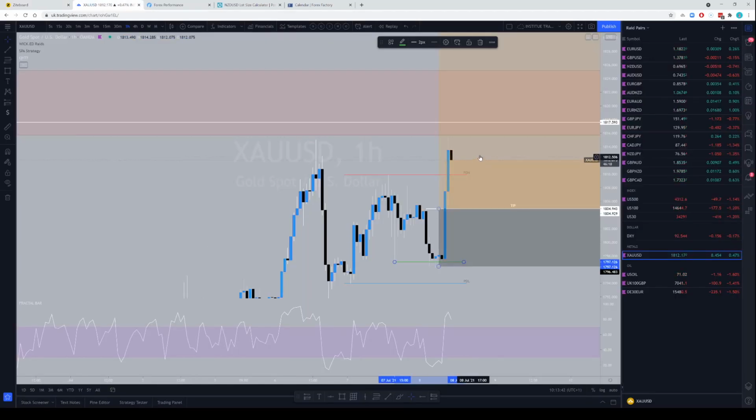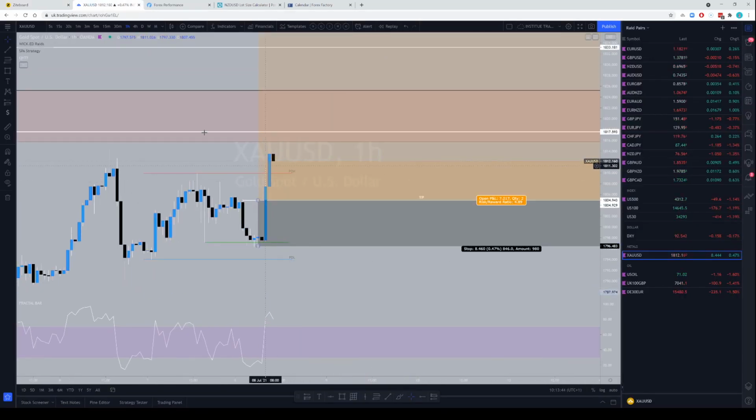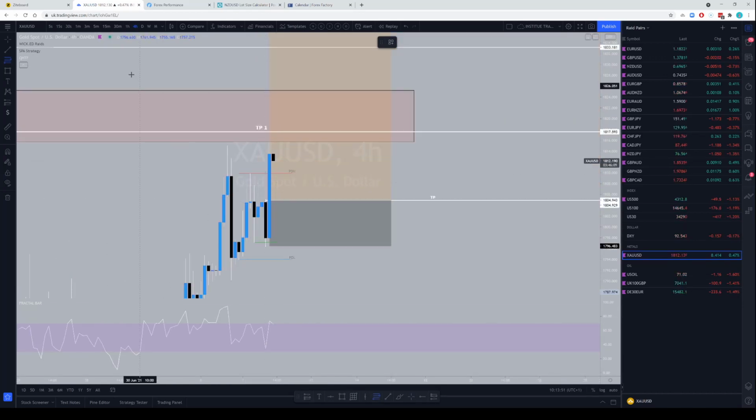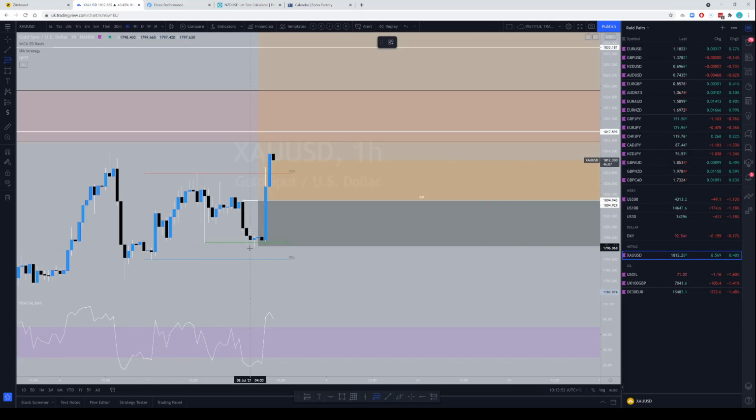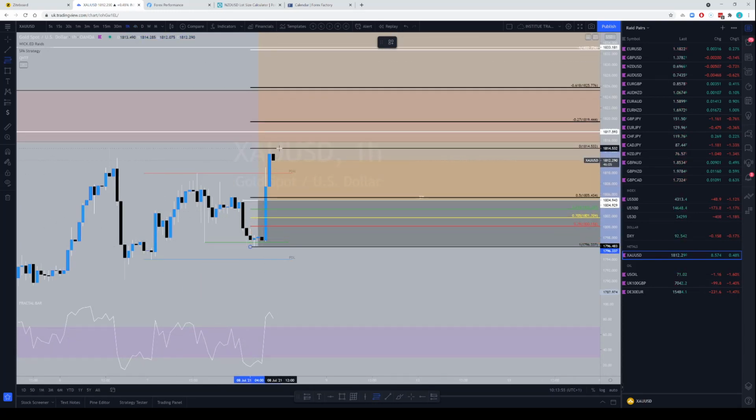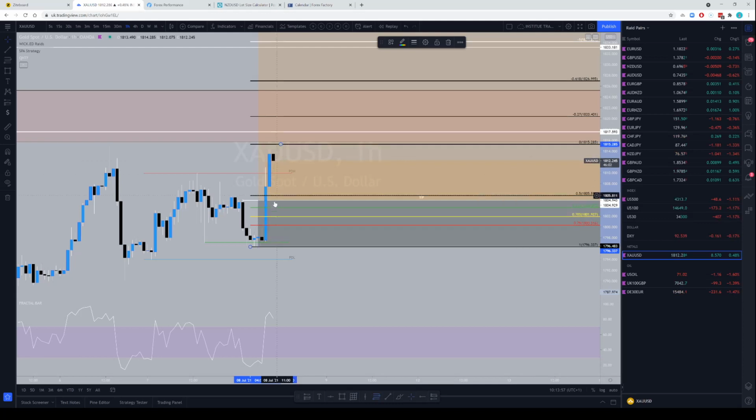So on gold, you can use either the H4 candle opening price, which is this one here, or you can just use optimal trade entry from this low to this high and then buy the 618 level. All right, so